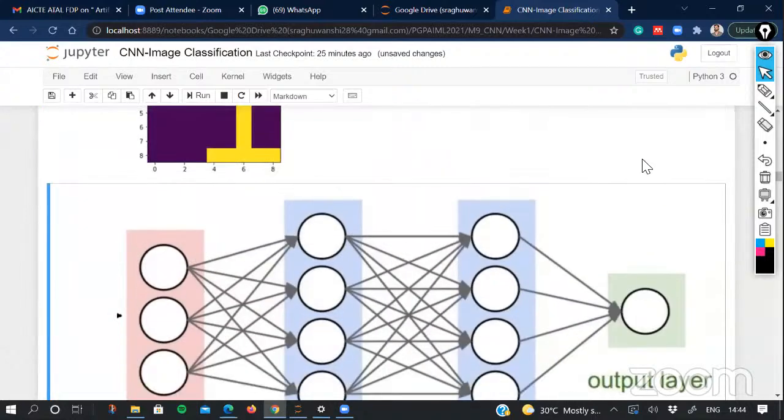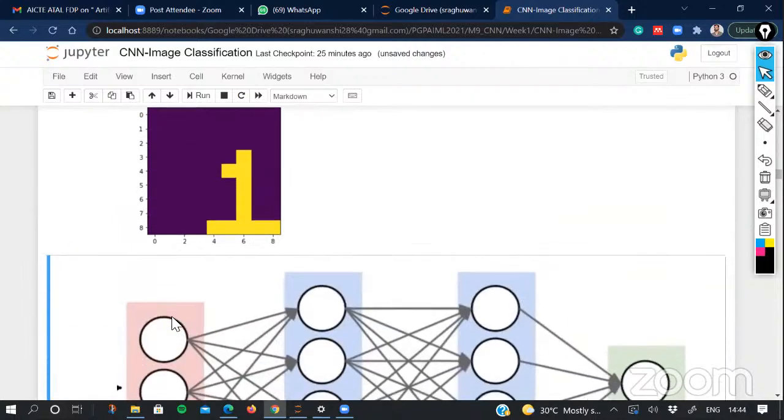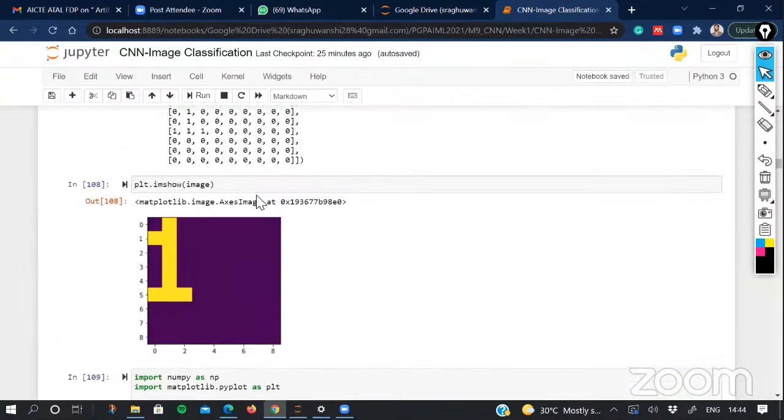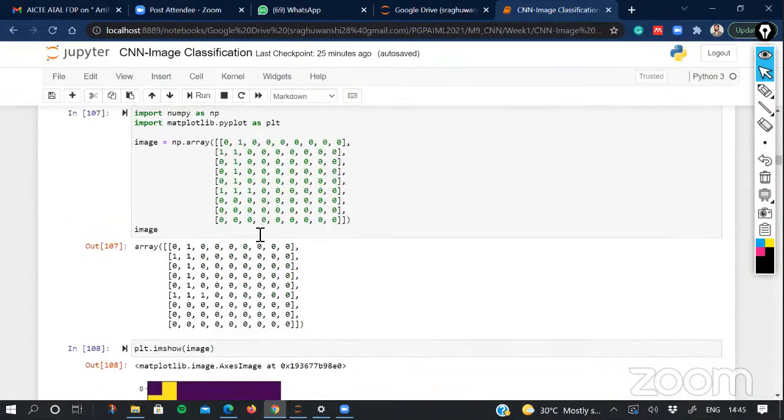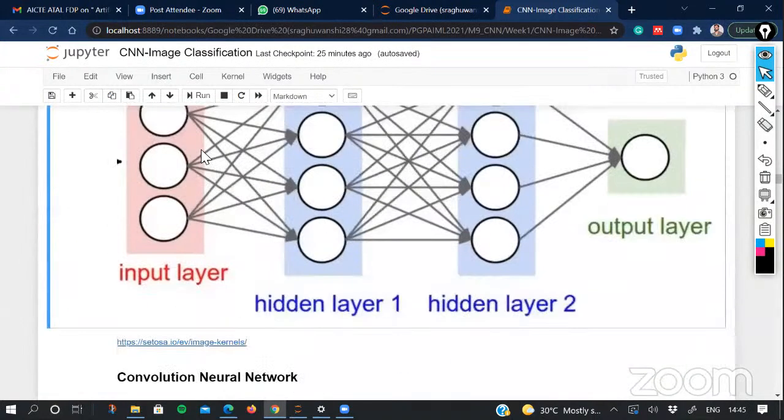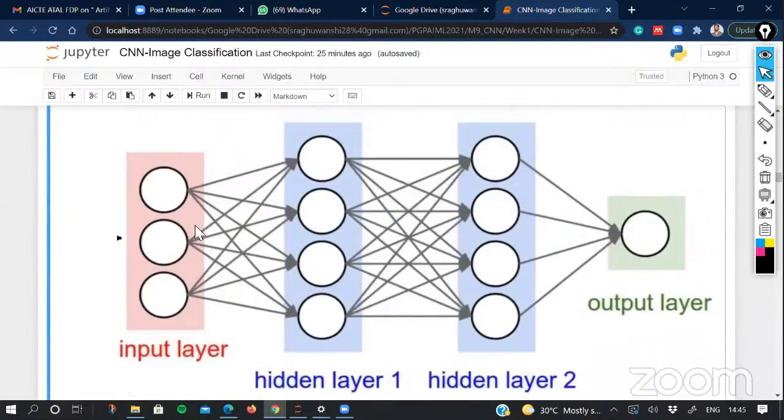But as you can see, when you map this 2D data into a vector, and because these matrices now have different values at different locations, every time you will get a different vector representation. And now this network has to learn all these types of vector representations to get the similar label, which is label 1. So these challenges that we have seen with respect to images become problematic when we use these fully connected layers for image classification.